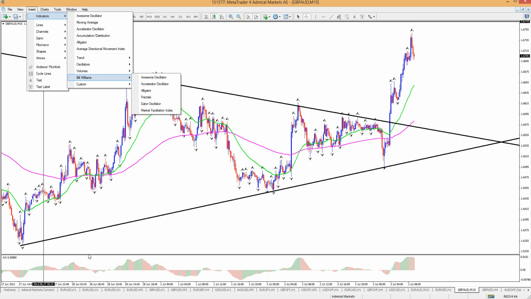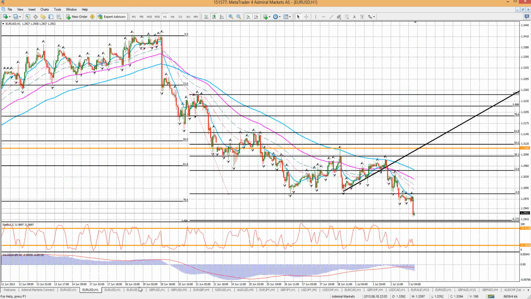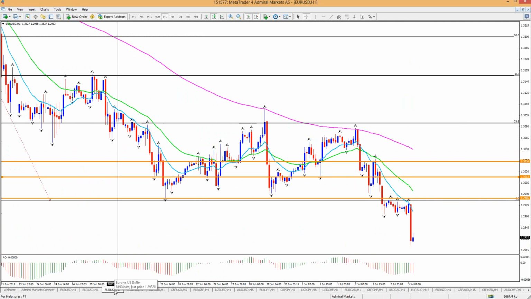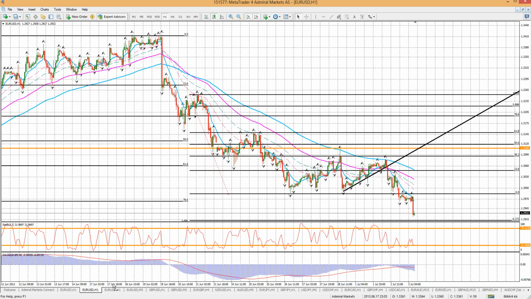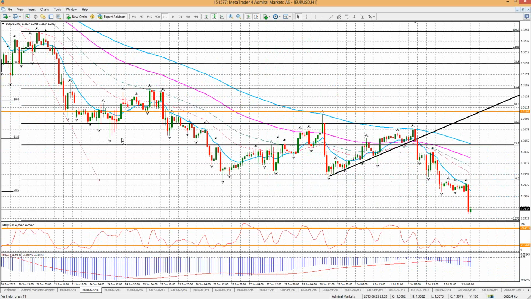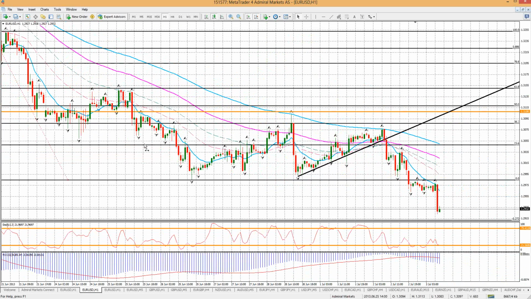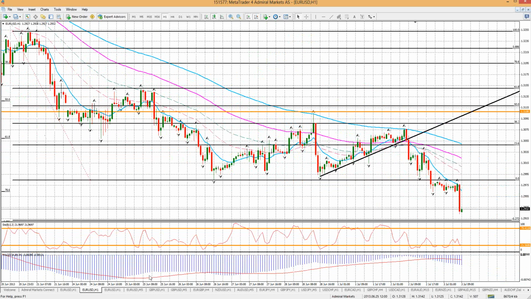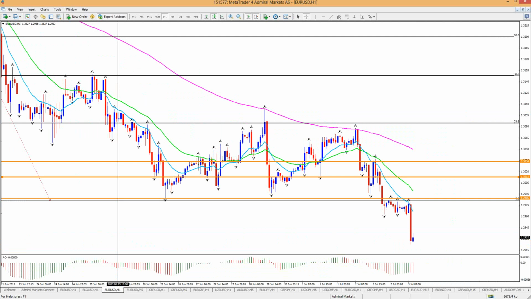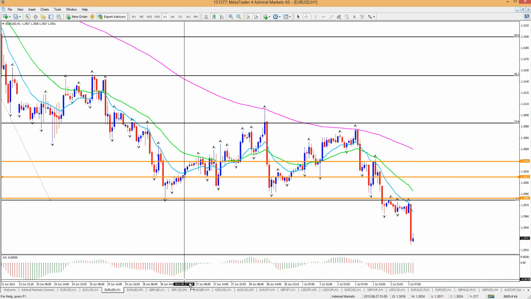Let's take a look. This is the euro-dollar 1 hour on both charts, okay? Let's take a look at that. The MACD, we have basically this blue histogram going under the red line, right? That's indicating some bit of a retracement there. But for me, if you look at the same area, there's a lot more information I could read on the AO, Awesome Oscillator, than on the MACD in the meantime.